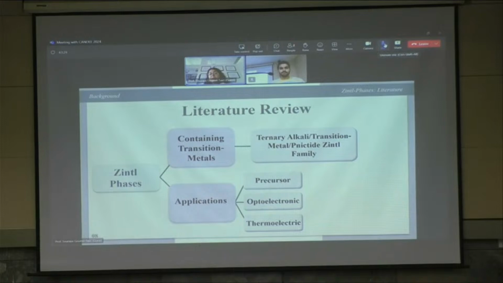Now, in the literature review, we have looked at the interfaces. We can sometimes have interfaces containing transition metals, like the primary alkali transition metals, but not the zinc family. They are the most abundant, synthesized and stable, and we can see them as precursors. These were the first materials we worked on, and they have shown different properties in technological applications like optoelectronics and